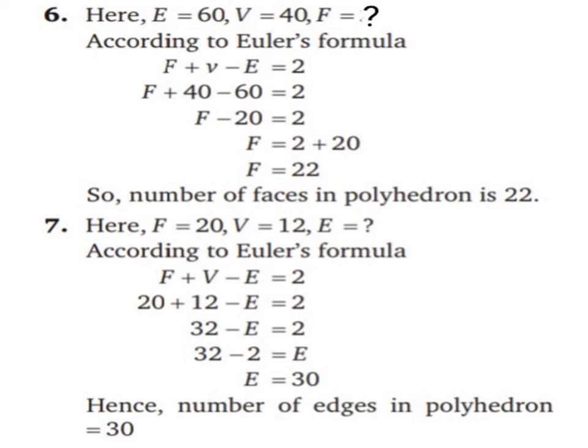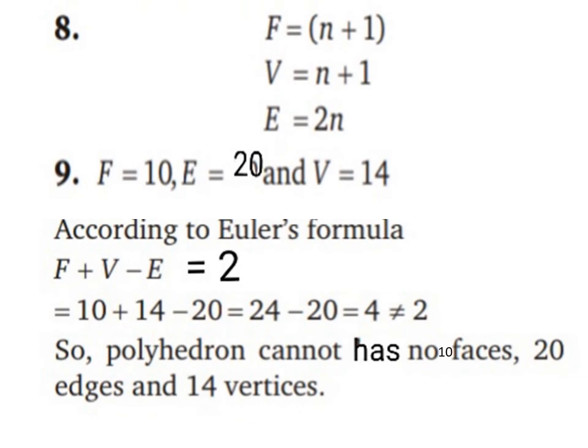Okay. Now see the example. A polyhedron has 7 faces and 10 vertex. How many edges does the polyhedron have? So we have 7 faces and 10 vertex. Okay. So we find how many edges. Okay. edges हमें find करने हैं. Now according to Euler's formula, f plus v minus e equal to 2. Now put the value of f and v. 7 plus 10 minus e equal to 2. So 17 minus e equal to 2. Now find the value of e. 17. Now question number 8.